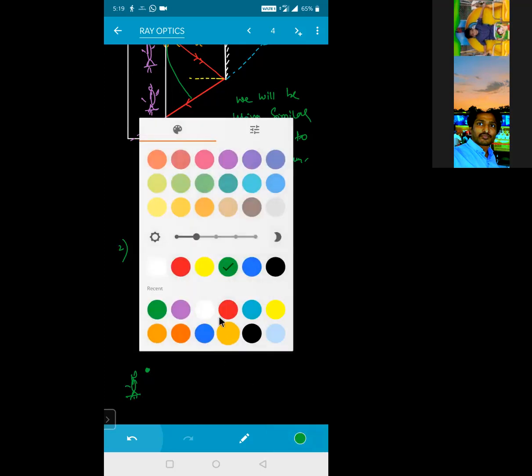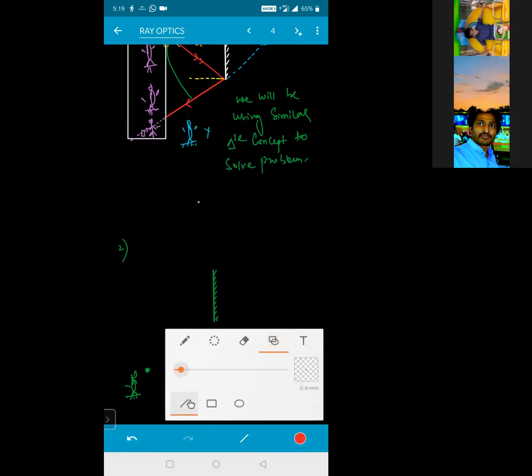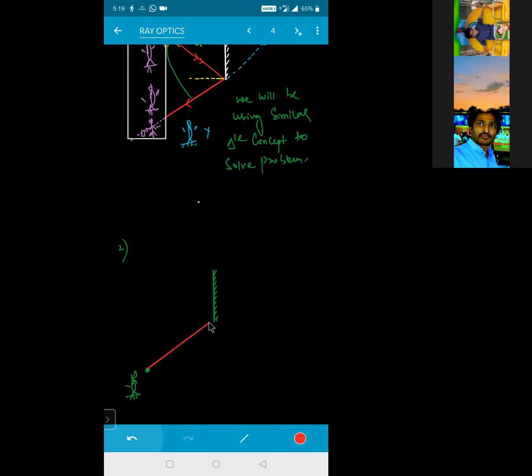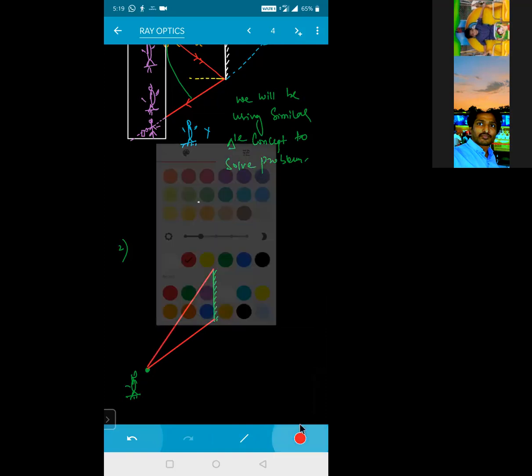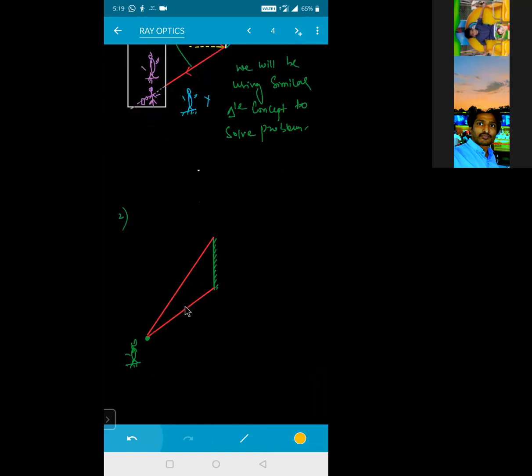Now from this one, if I take a ray of light which is incident, one ray of light will be incident on this one. You need to draw the ray diagram in such a way that the ray touches the two extremes of this mirror, like this. Then this one is your incident ray and this one is your incident ray. Now from here this ray will be reflected back like this, and from here also this ray of light will reflect back like this. So this one is the ray of light which has been reflected.